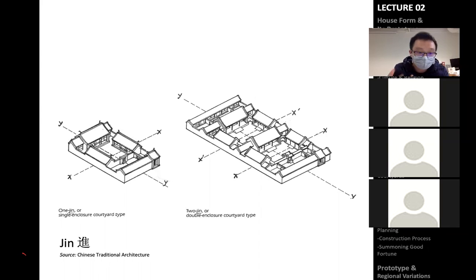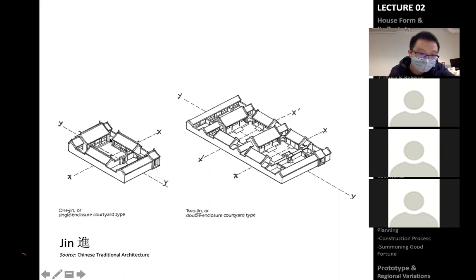In a courtyard house of one Jin, it should have a main building. For example, on the left-hand side, this is a very typical one Jin courtyard house. You can see the gate here; people can enter the first gate and enter into the first courtyard, and then you have another gate leading you to the inner part of the courtyard. Only this courtyard can be counted as a principal courtyard, which is the idea of Jin,